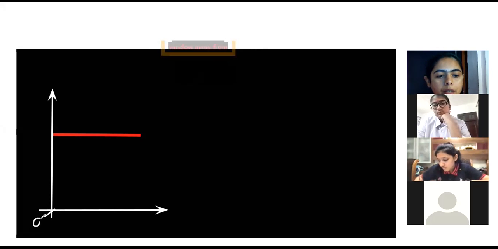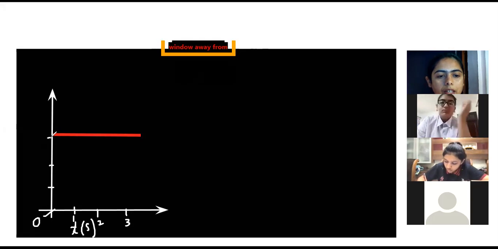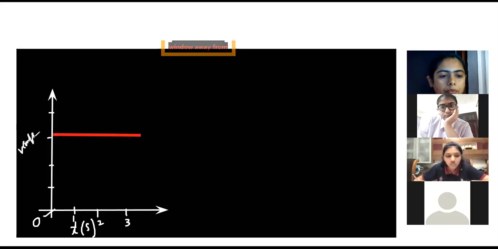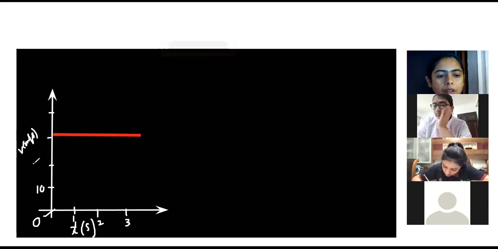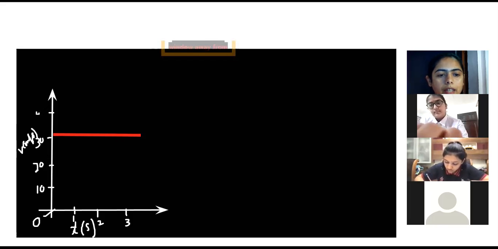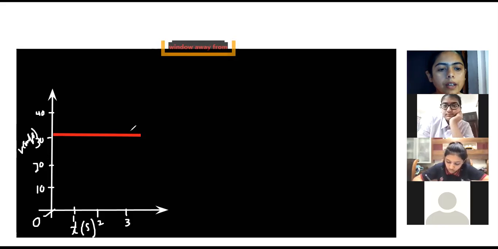Let's do the labeling, make it more clear to you. Time goes in seconds. Let's say here you have 1 second, then you have 2 seconds, then you have 3 seconds. Going on with the velocity, you will be having the equal intervals. This is your velocity in meter per second. So don't forget to write the units. So let's say we have it 10, 20, 30, 40, somewhat like this. Now in this case, you will be having motion.